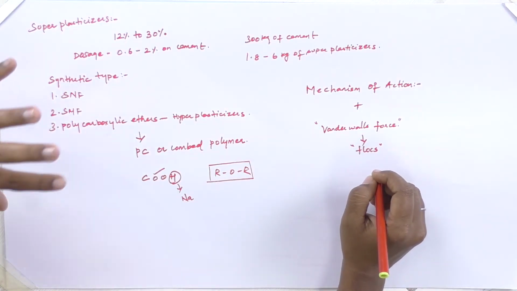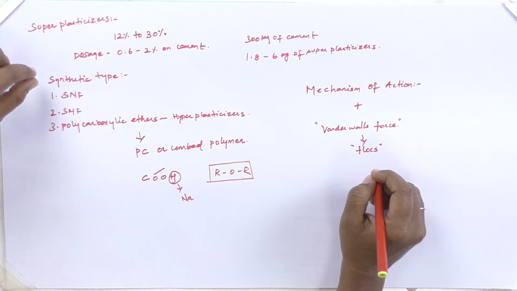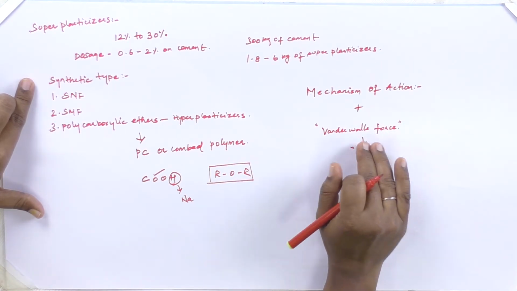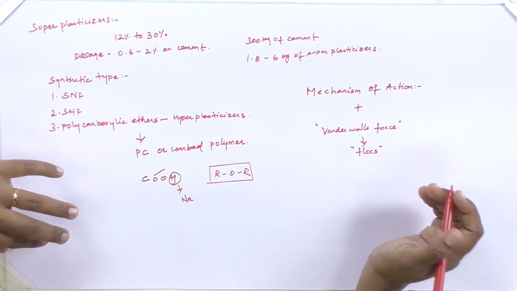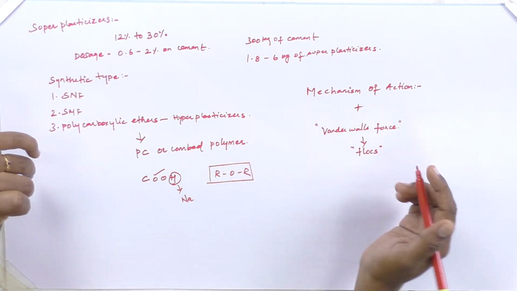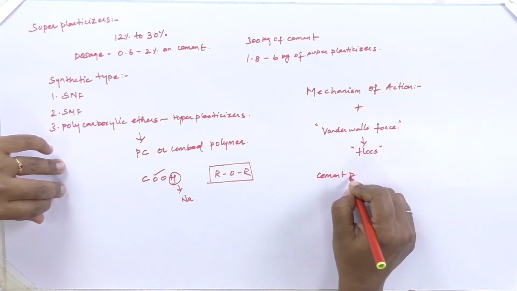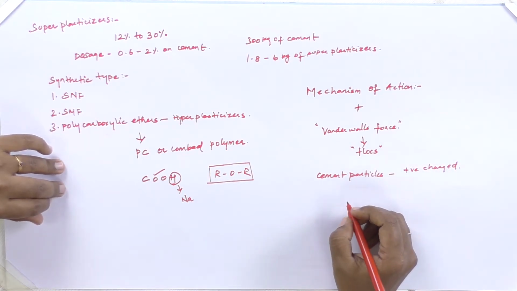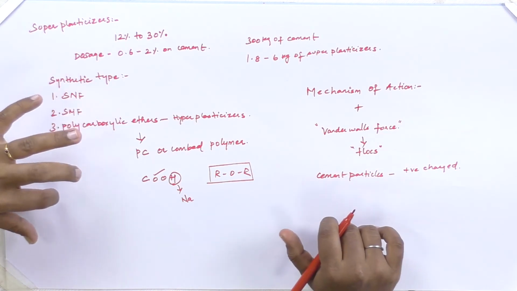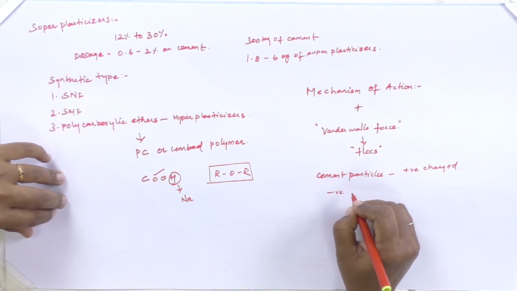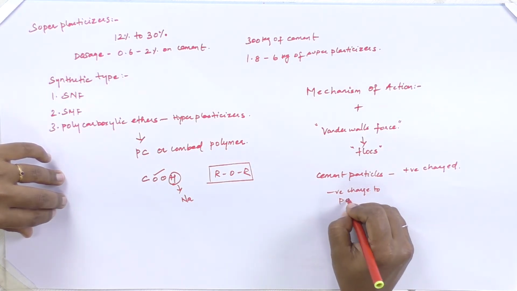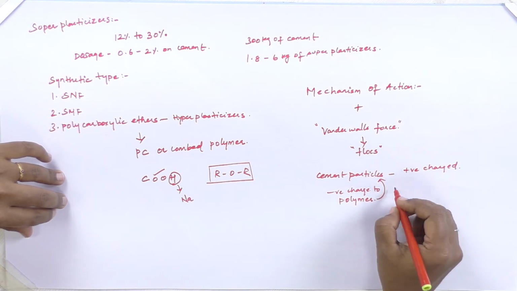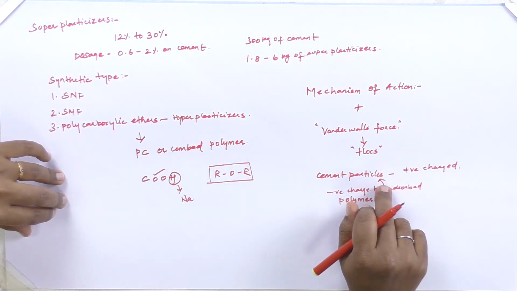And how it is done: we have seen the structure of plasticizers, superplasticizers and hyperplasticizers. In that, SO3 minus and Na plus, that is the sodium, get dissolved into the solution, leaving a negative charge on the polymer. Our cement particles are positively charged, and the dissociated metal from the polymer link leaves a negative charge on the polymer, and this negatively charged polymer will get easily adsorbed to the cement particle surface,